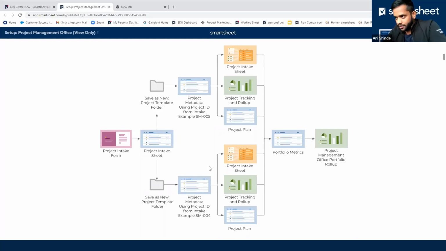Okay, so starting from the left-hand side, there's a place for you to intake your projects. So in the project management office, there's initially approvals of different project ideas. Once they're approved, then you're allowed to then manage that project, or there's funding for that project. So once a project is approved in the intake, this solution allows you to load that project into